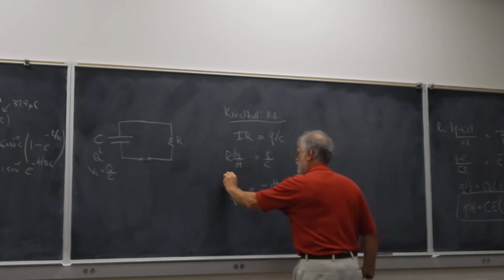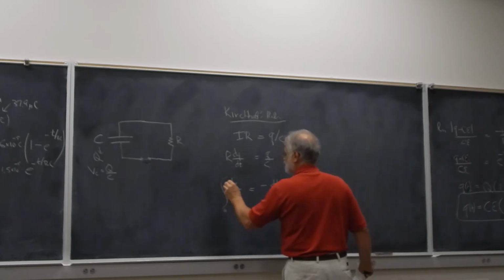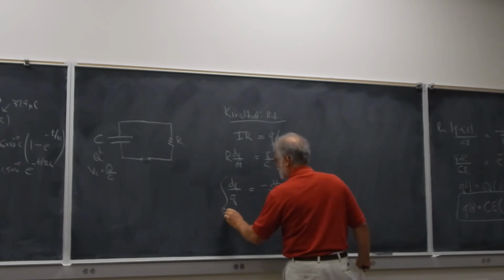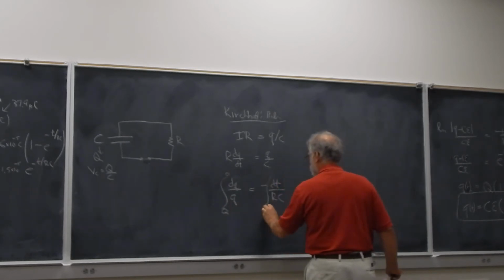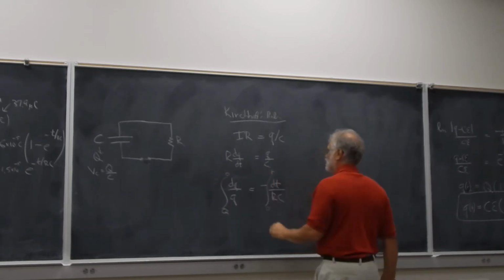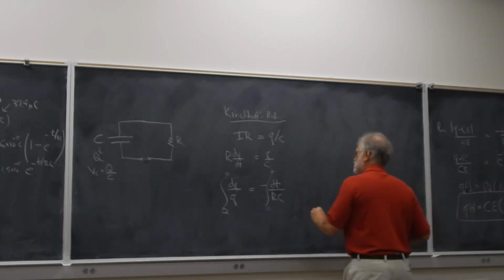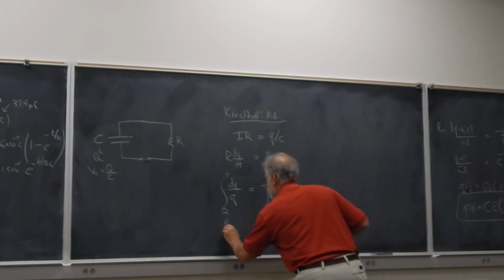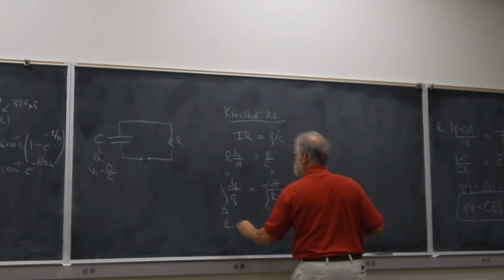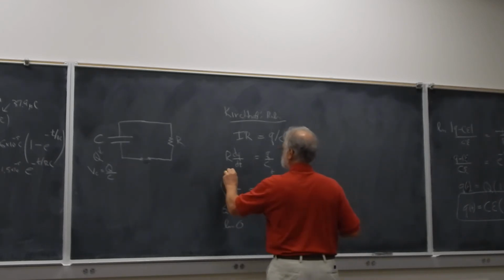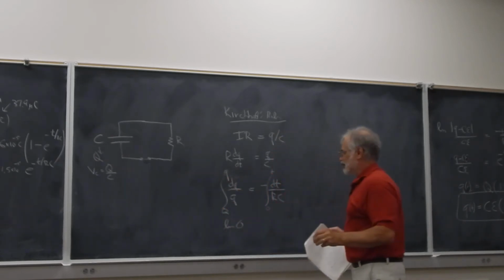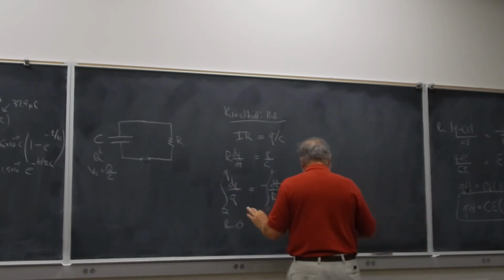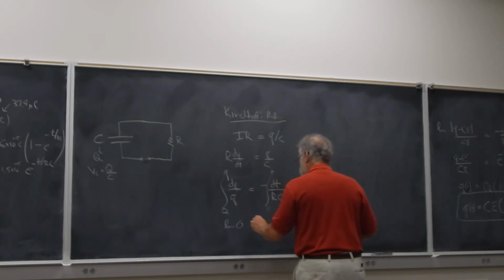I can integrate both sides. I get log from Q initial to 0, from t equals 0 to t equals t. Notice what happens in this case. On the left side, I get log Q, I should say Q to, let's call it little q. Can't say 0 because I can't do the log of 0. So I'll get the log of Q is equal to